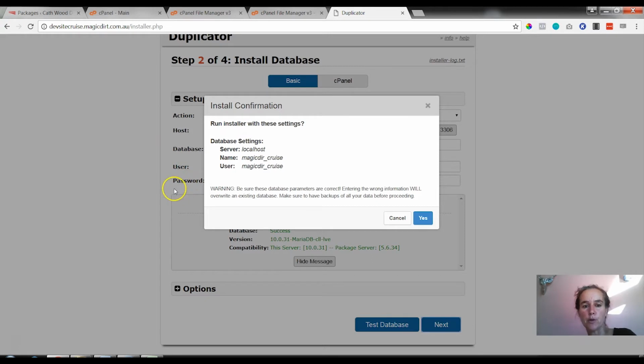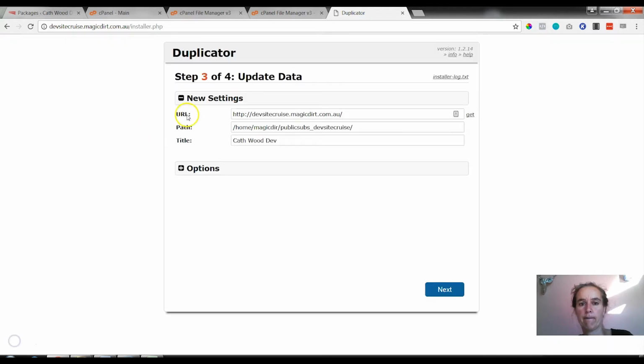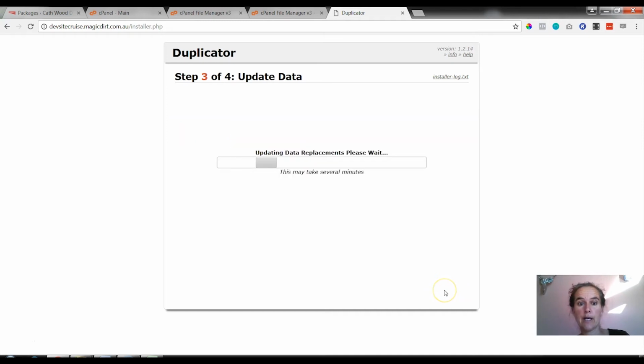Okay, so when I put the password in, it didn't actually obscure that. So I clicked Test Database, and it brought up a message at the bottom that it was all good. And so then I clicked Next, and now it's brought up this one here, which says Run Installer with these settings, and I'm going to say Yes. So it brings me to step 3 of 4, which is to update all the data. So the URL is this, the path is this, the title, it's not Cathwood Dev actually, this one is Cruise Control, might be Cruise Control Security, but Beck can change that later. That was the dog coming in the dog flap, by the way. Now we click Next,